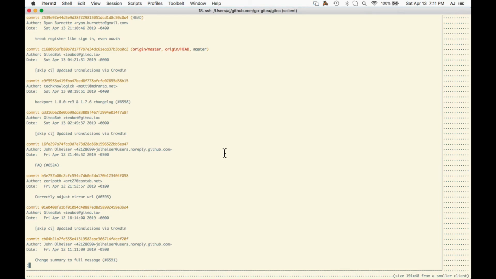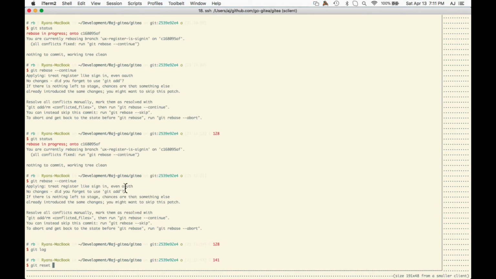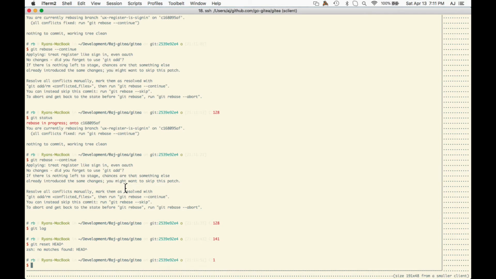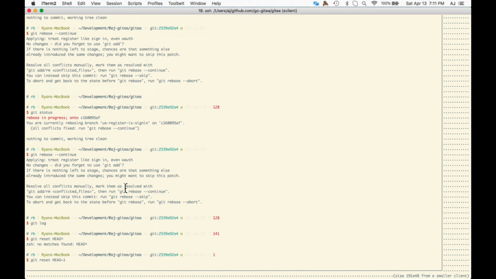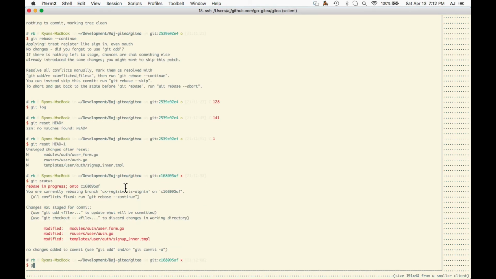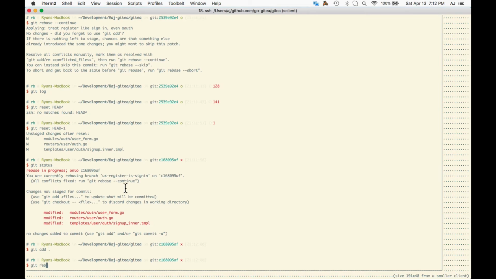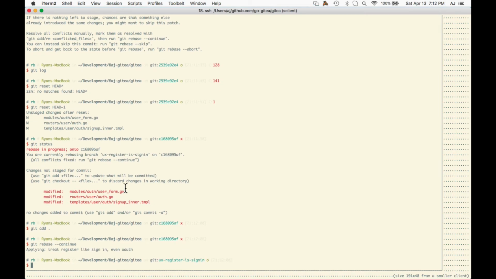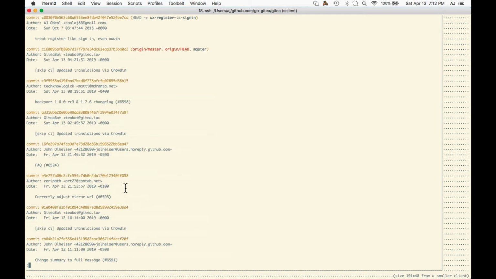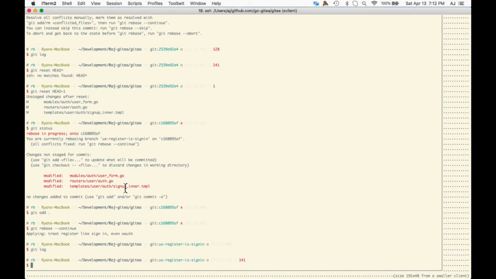Oh, so do we want to just do a git reset HEAD up arrow? Or I guess that works too. Those are the same, right? Oh, you got to put it in single quotes because you're in Z shell. Or do that. Now git rebase continue? Got to add it all. Okay. Then git rebase continue. Ah, beautiful. Okay, yep, cool. Rookie mistake. All right.